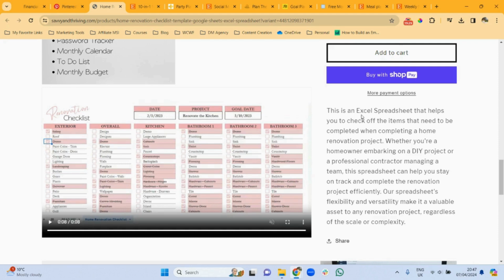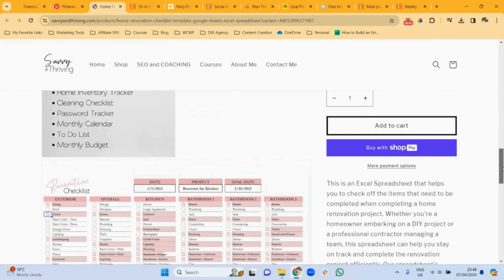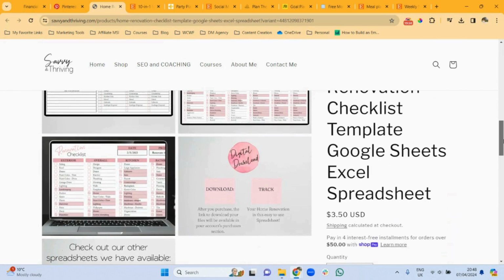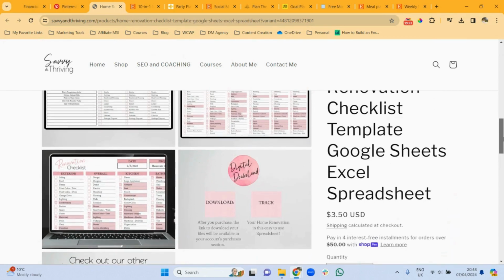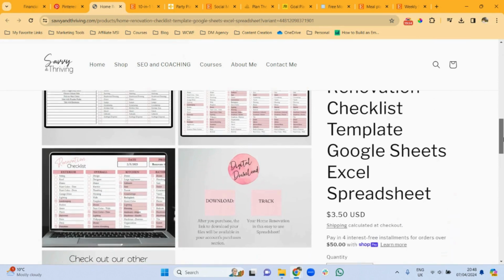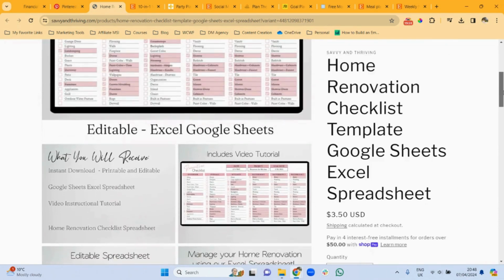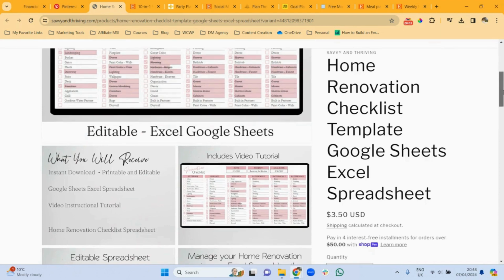You could include materials needed for the renovation. I know they have their own checklist here, but what about including on the spreadsheet materials needed for the renovation, contractor and supplier contacts. You can help users stay organized and on a budget throughout the project. I think this could be really handy for people who may not be an expert in home renovation. If you are able to create one like this and sell it, plus, if it's a digital product, just create it once and sell it over and over again.